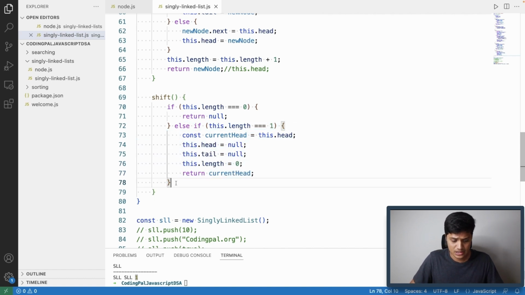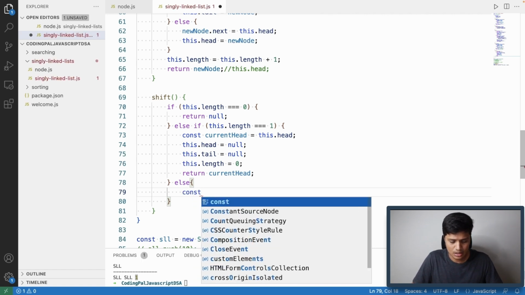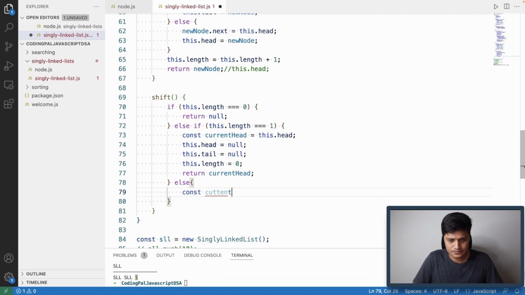If none of these two scenarios match, that means in the else condition, we are trying to perform the shift operation on a linked list where we have more than one node in the singly linked list. In that case, we have current head. The next node of the current head should be the new head of the singly linked list, and we have to make sure that we are assigning the next of current head to null, so that it will get deleted. So for that, first I will simply take const current